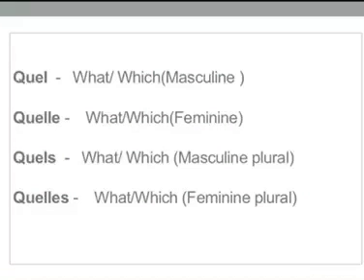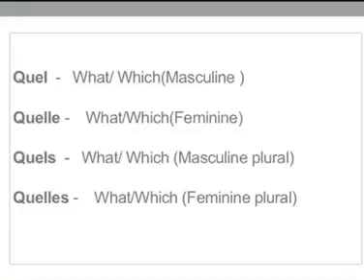Quel. Quel is the term that we use for what and which. Quel is used for what and which, masculine. Quelle is used for what and which, feminine. Quels is used for what and which, masculine plural. Quelles is used for what and which, feminine plural. So you can see that all the four terms are pronounced in the same manner. The pronunciation is the same, but the spellings are different. Spellings are in accordance with the gender of the